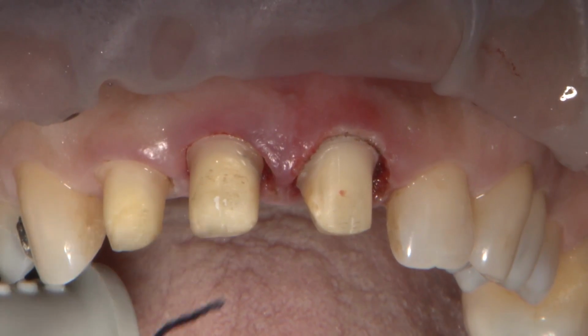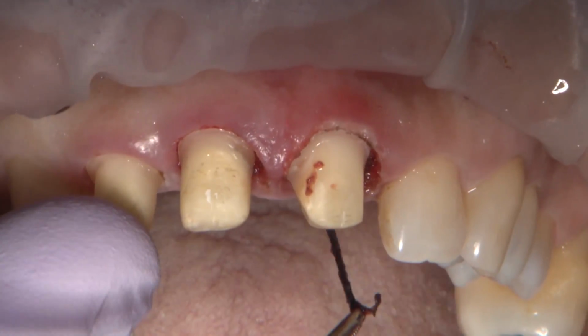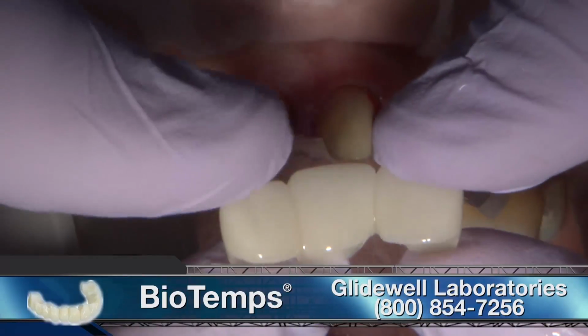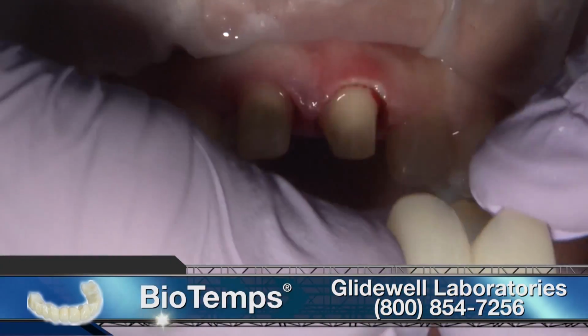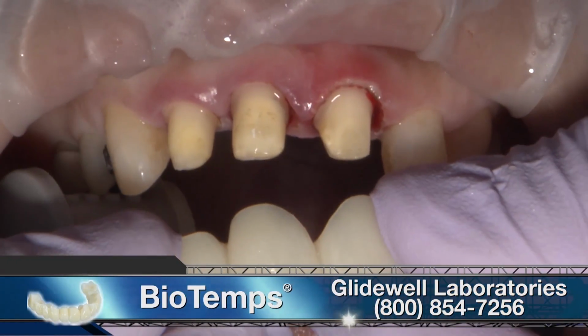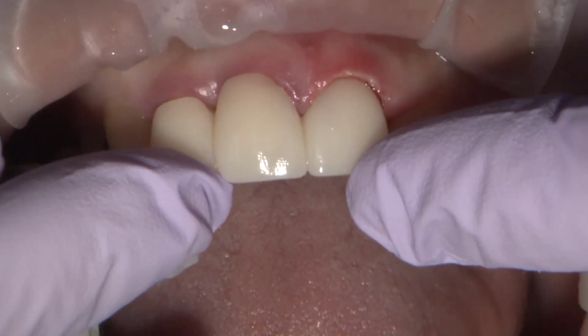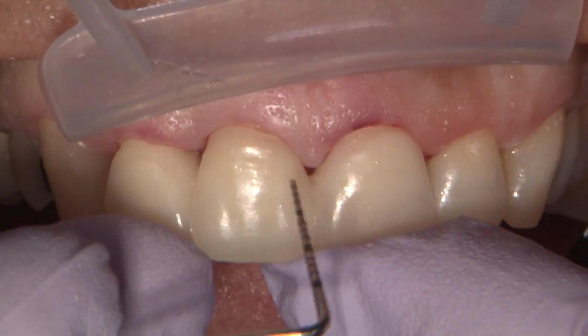I'm not going to impress at this time. We will temporize and let the tissue heal for about 2 weeks. Biotemp CAD was used to improve the patient's smile during this healing phase. The potential of Biotemp CAD is that if the patient likes them, they can act as a template for the